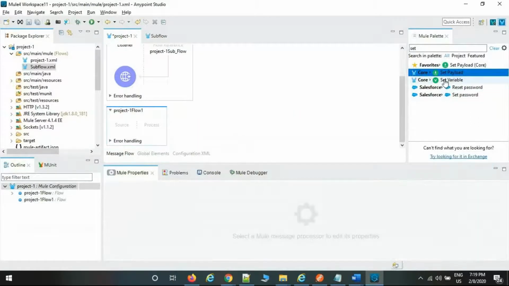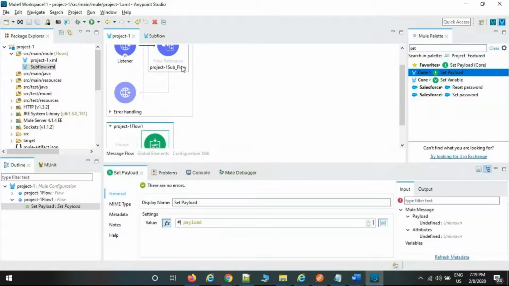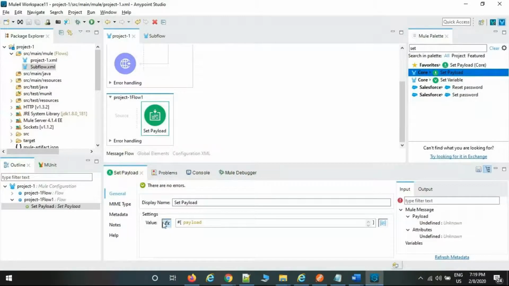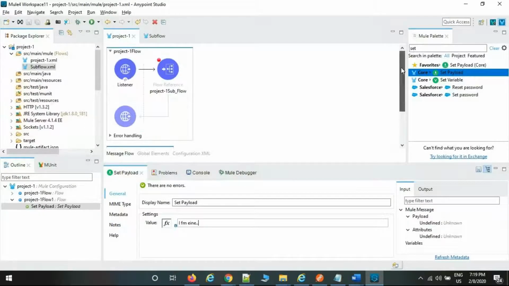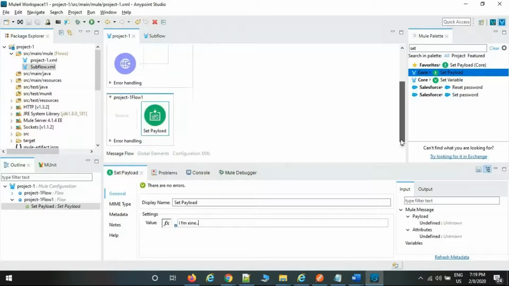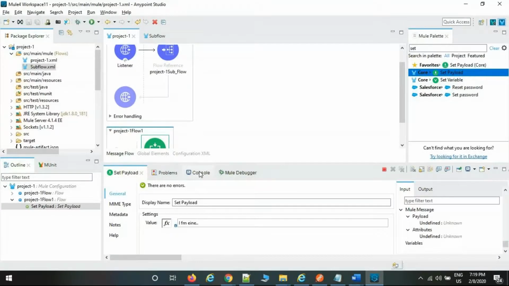Okay, set payload, and this is the private flow. You can remove the function symbol, and whatever content you want you can write. Now syntax is available, but I don't want syntax, I want my own content, so write it. Any content.